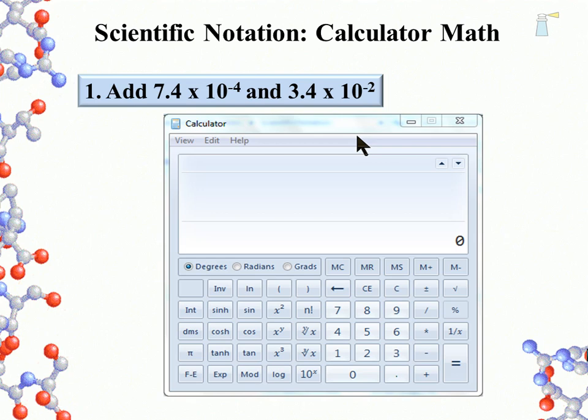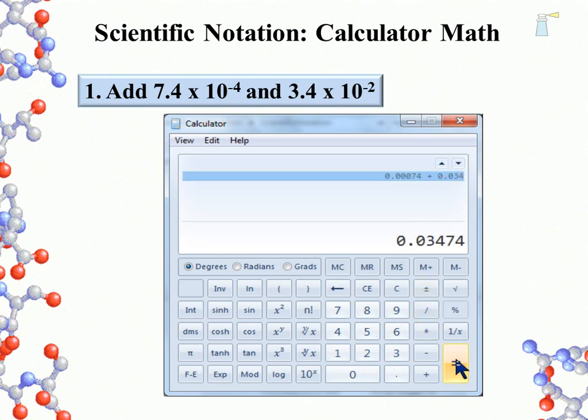We begin by inputting the values. 7.4. Find that EXP EE button. Where is that thing? Enter a 4. And then a negative sign to get negative 4. Hit the plus sign. Enter 3.4 EXP 2, negative sign. Hit equal or enter, and we get